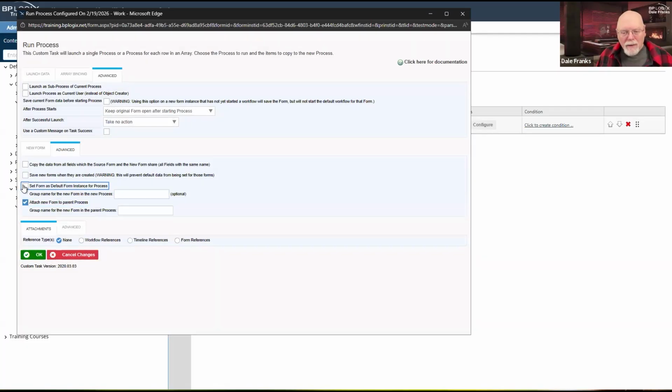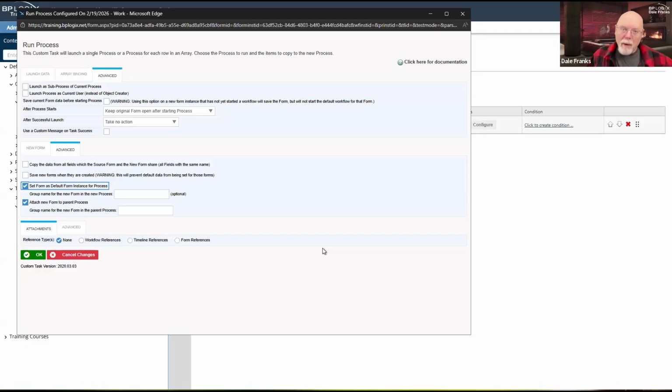What usually happens is when I invoke a sub process, what I usually do for a normal sub process, not this feedback thing, what I normally do is I pass the parent form instance down to the sub process to run as the default form instance for that sub process.